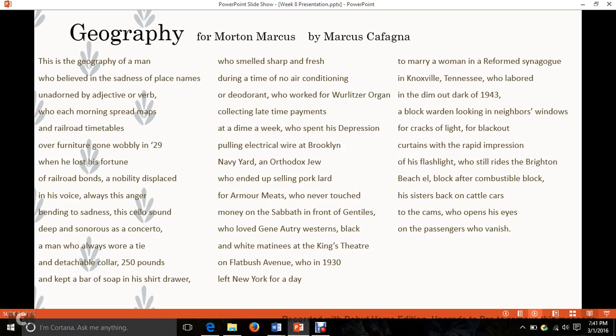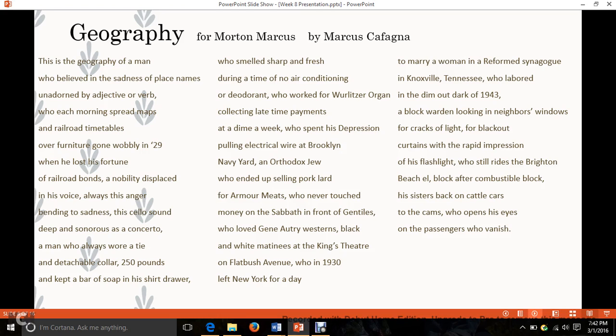This is the geography of a man who believes in the sadness of place names, unadorned by adjective or verb, who each morning spreads maps and railroad timetables over furniture gone wobbly in '29, when he lost his fortune of railroad bonds, a nobility displaced in his voice, always this anger bending to sadness, this cello sound deep and sonorous as a concerto, a man who always wore a tie and detachable collar, 250 pounds, and kept a bar of soap in his shirt drawer, who smelled sharp and fresh during a time of no air conditioning or deodorant, who worked for Wurlitzer Oregon collecting late time payments at $10 a week,